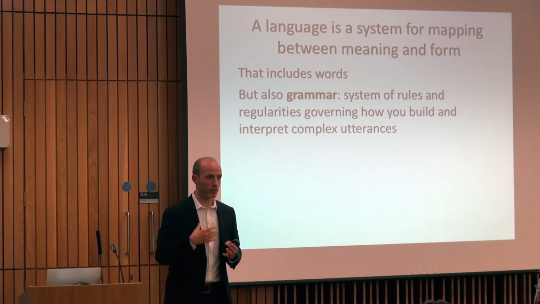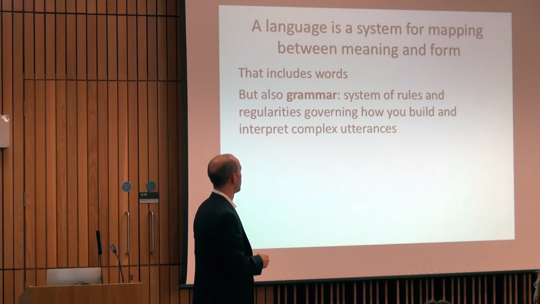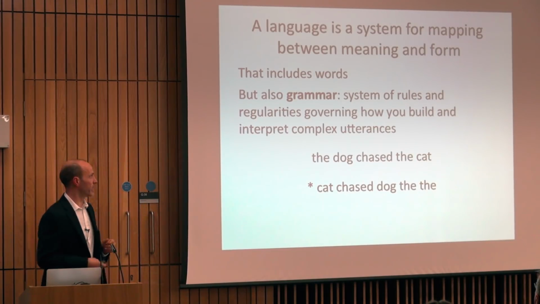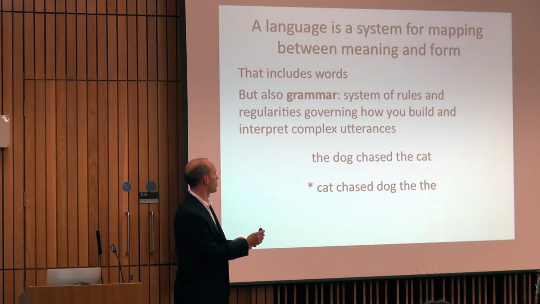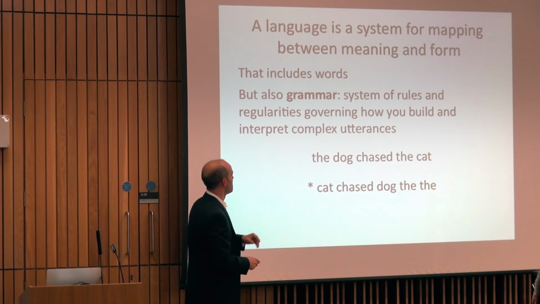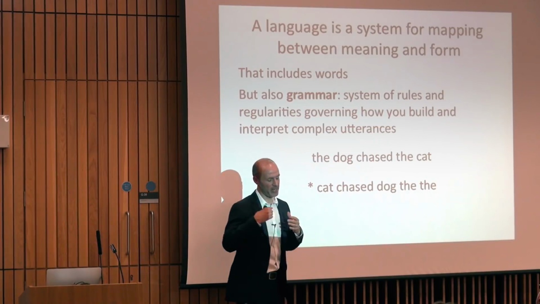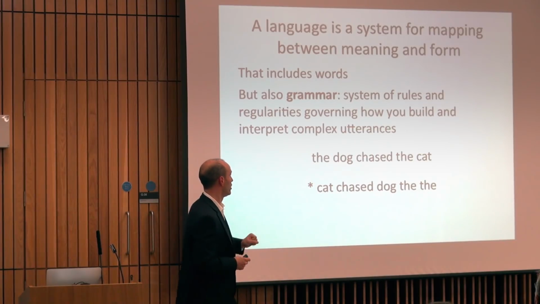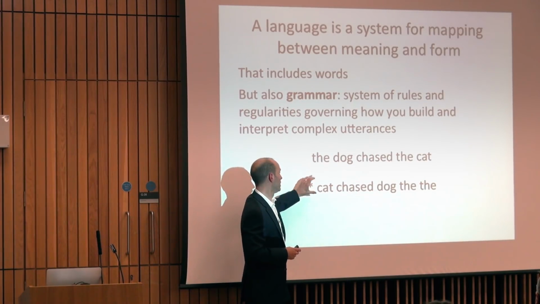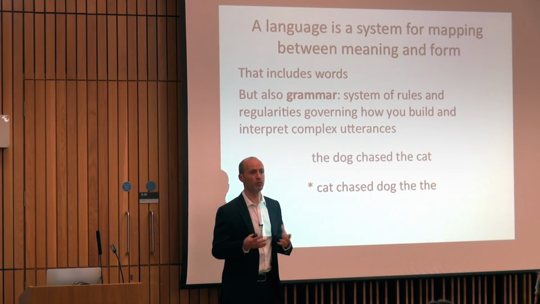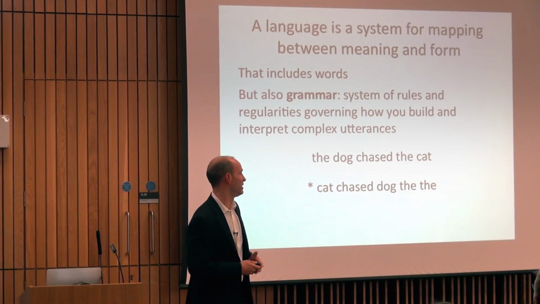And when you learn a language, what you do is infer from examples of language use what the underlying system of rules and regularities is. Okay, so if you know English, if you don't know English, this talk must be quite unpleasant by this point. In fact, you have to know quite a specific variety of English to understand me when I talk, apparently. But if you know English, then because you implicitly know a system of rules and regularities that governs how words can be combined to form sentences of English, you'll know that this is a perfectly fine sentence of English, and this, despite containing the same set of words, is not a sentence of English, because it doesn't conform to the rules and regularities that govern how words can be combined in English.